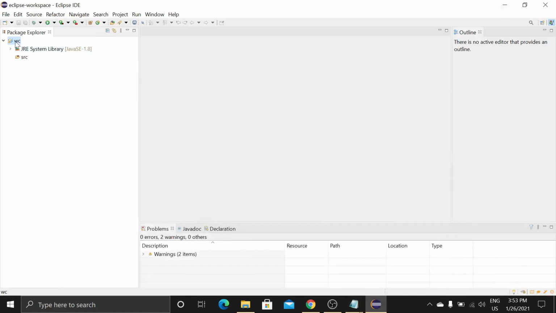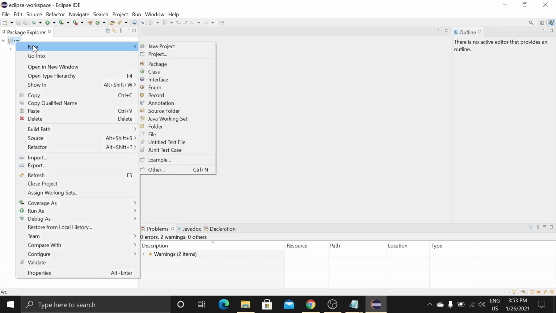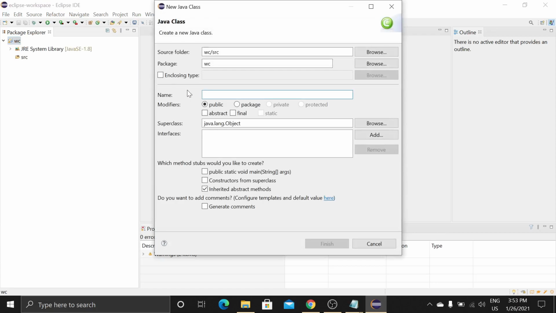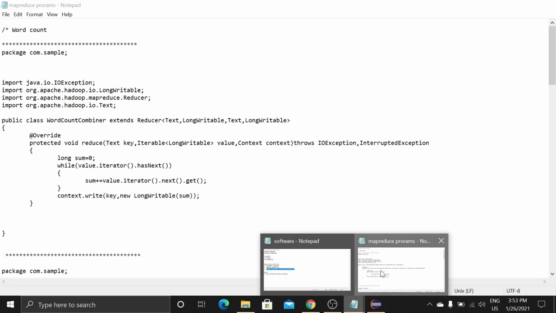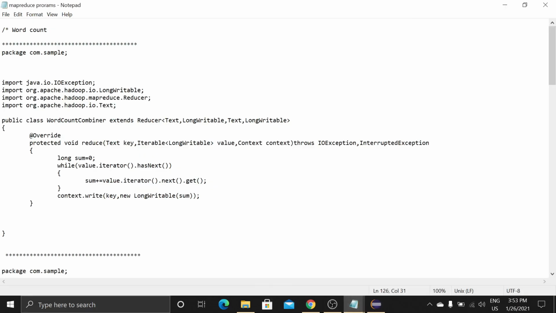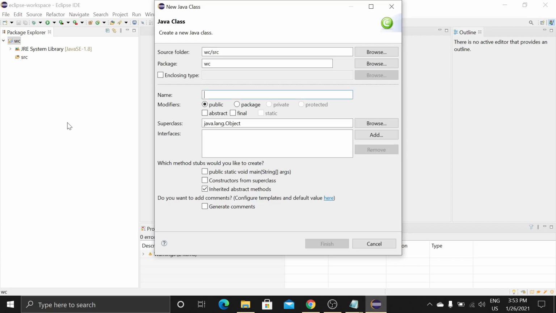So go to WC, right click, new, and class. Here we need to type the first class file name. For that, copy this name and paste it here. Here no spaces should be there.